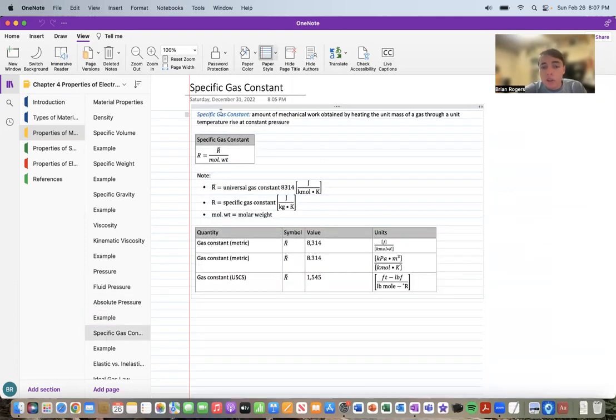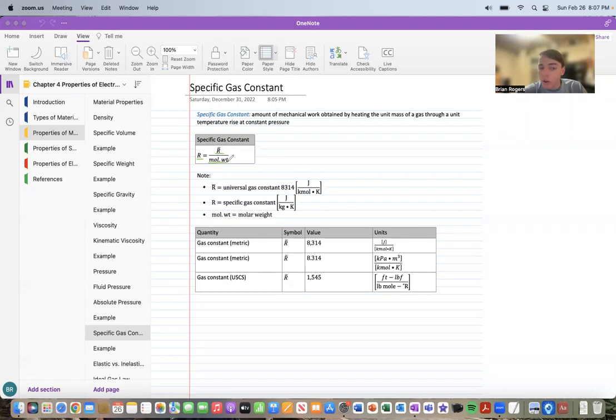Okay, now that we talked about pressure, we're going to get into the specific gas constant. This is how much mechanical work you obtain by heating a unit of mass of gas through unit temperature rise at a constant pressure. What we're going to see here is our specific gas constant equals our universal gas constant all over our molar weight. The specific gas constant, the R on the left-hand side, represents the amount of work. We're dealing with work here, and work is energy,